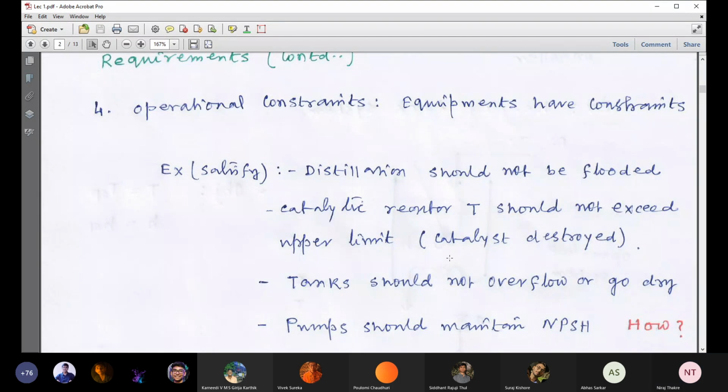So, in the distillation column, there are several trays. On the tray, there are liquid and vapor mixes which are in contact. So, if a distillation tray is flooded, definitely the separation efficiency gets hampered. So, we need to avoid this flooding. Second example is catalytic reactor temperature. It should not exceed the upper limit. Reason is given there. Catalyst gets deactivated. Third point is tank should not overflow or go dry. Usually the tank, suppose it contains certain amount of liquid, and one pump is usually used to deliver the liquid to a processing unit. So you are understanding, if the tank is dry, the pump is not getting